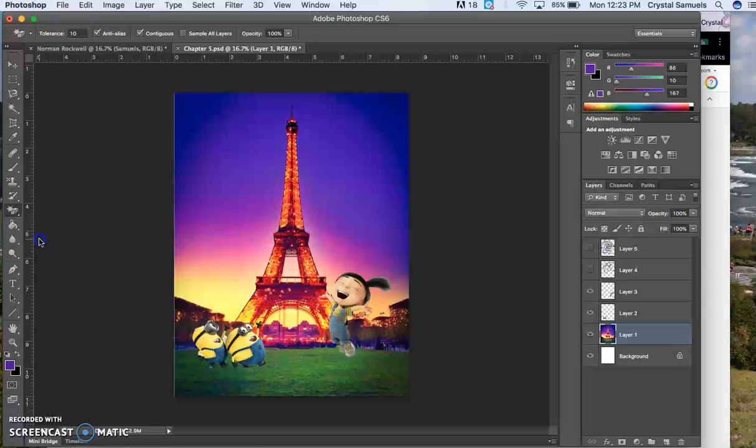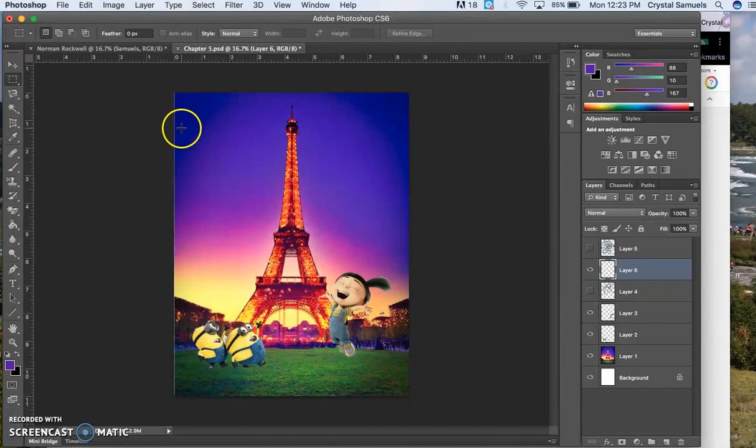So I'm going to go over here. I'm going to make a selection first. So I'm just going to choose my rectangular marquee tool. I'm actually going to use a new layer for this. So I'm going to create a new layer and I'm going to choose that. And then I'm going to go over here